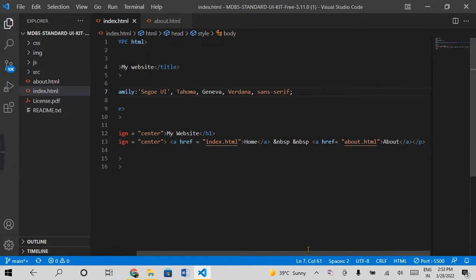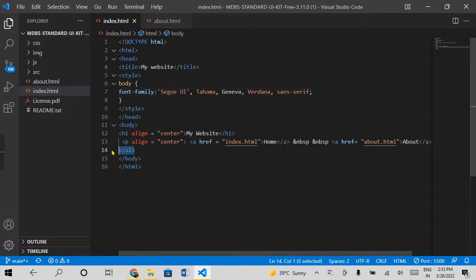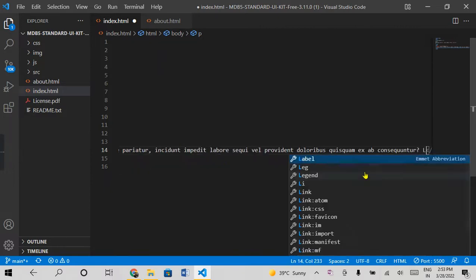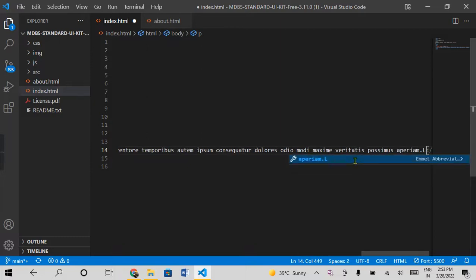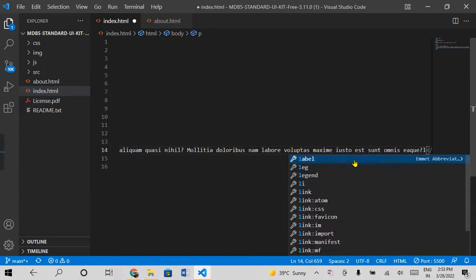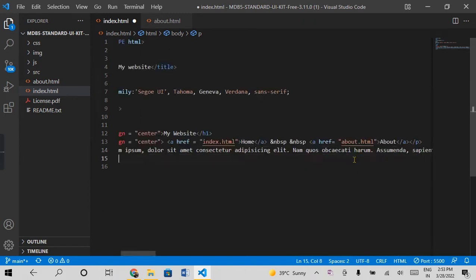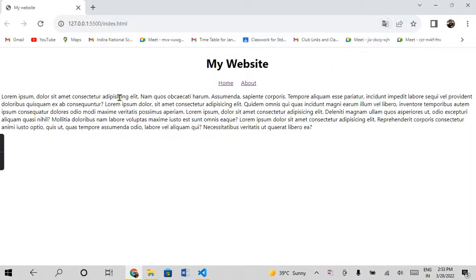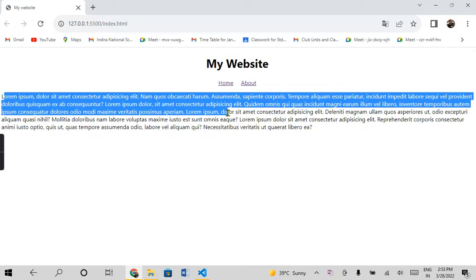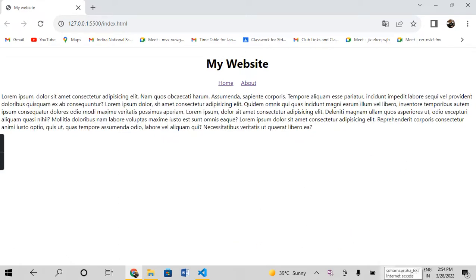So let's go ahead and add a paragraph here, and we'll just go ahead with lorem. One more. Add 5 to this, like get a lot of text. That should be enough. So now, as you can see, we have got a huge paragraph here, but it also kind of feels bad